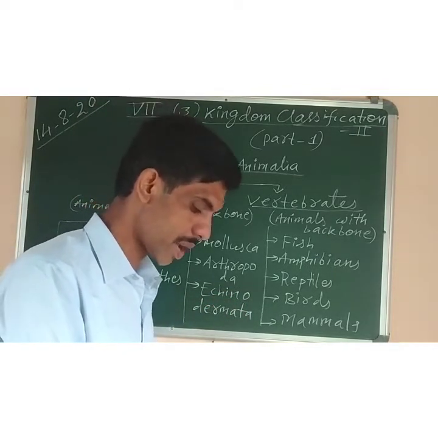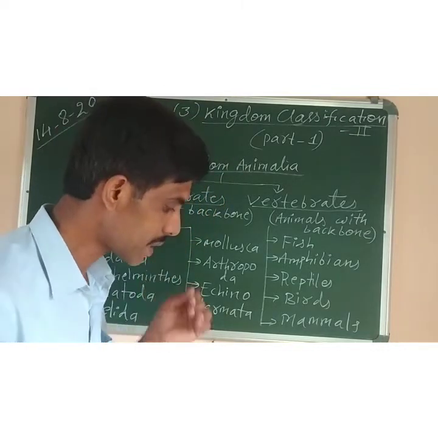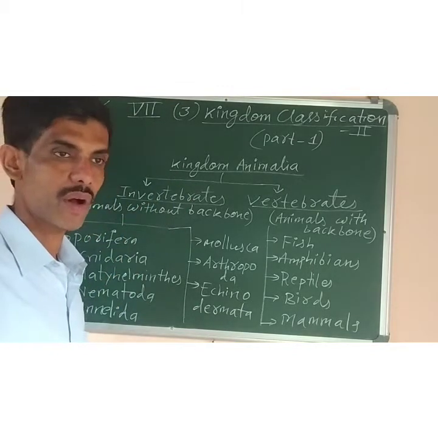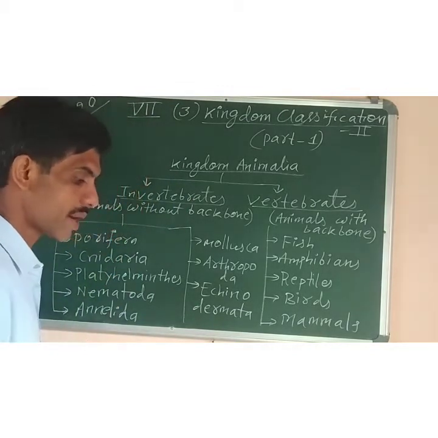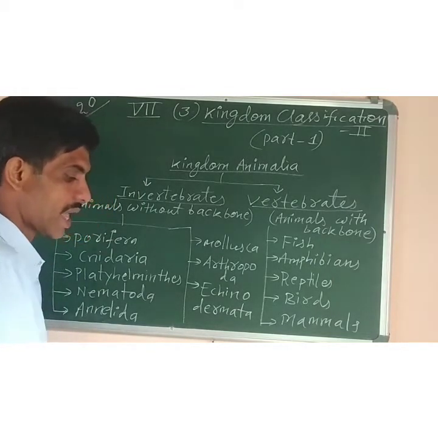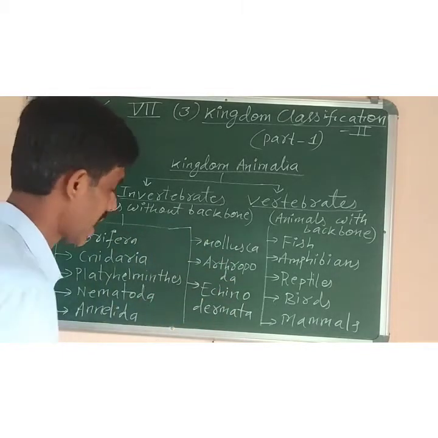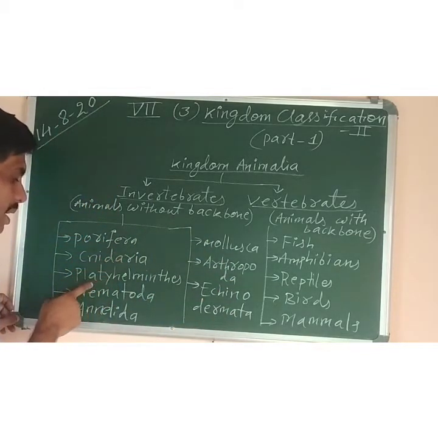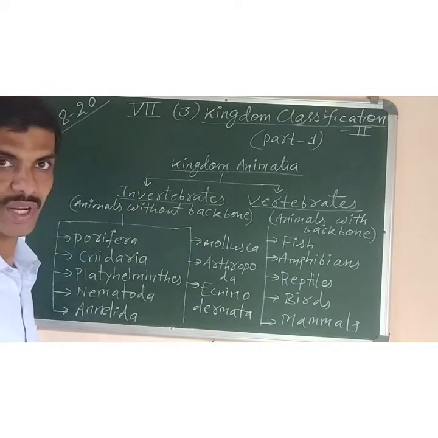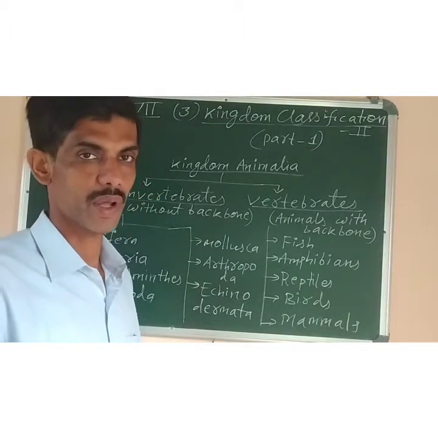Now next we have to start with invertebrates. Invertebrates are the animals which can be found on land. They can be found in water bodies like ponds, rivers, lakes, streams, oceans, and they are further subdivided into many phyla. 8 phyla are there, like Porifera, Cnidaria, Platyhelminthes, Nematoda, Annelida, Mollusca. The names are somewhat difficult to pronounce, but if you practice reading them again and again, you can pronounce them.